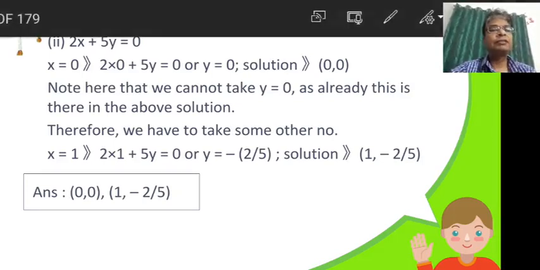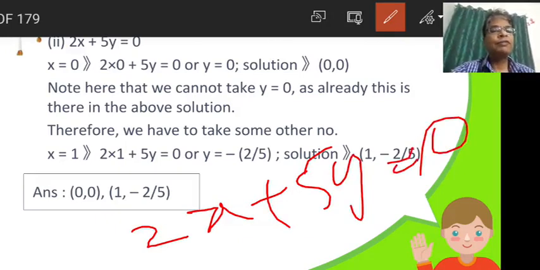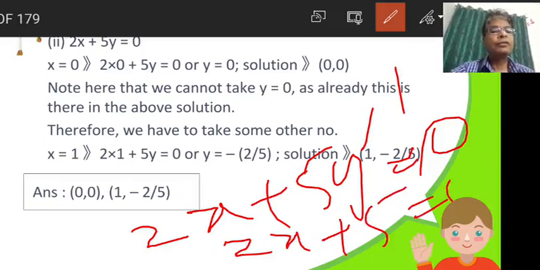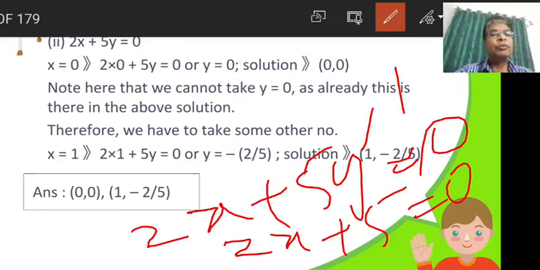I will just write here for this thing. Some of you would have done it also. Now what happens? 2x plus 5y equal to 0. So I will take y equal to 1, right? So what happens? 2x plus 5 equal to 0. Therefore, x equal to -5 by 2. So there we had got -2 by 5, now we will get x equal to -5 by 2. Correct or not? Taking 5 to the other side and dividing by 2, we get -5 by 2. So this is another solution for x. So I will remove this.